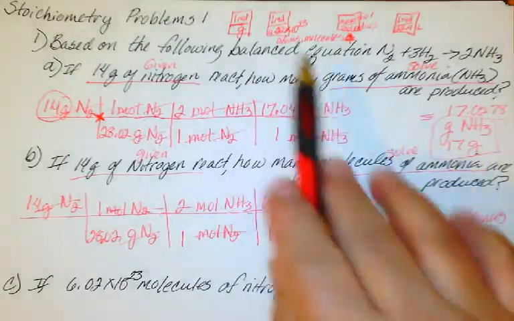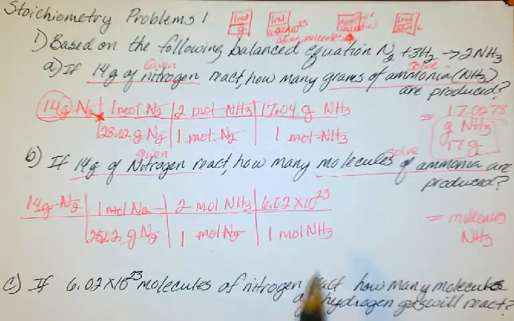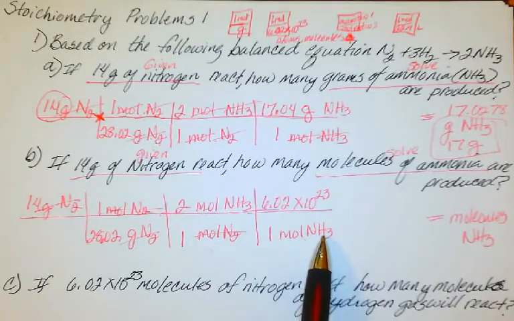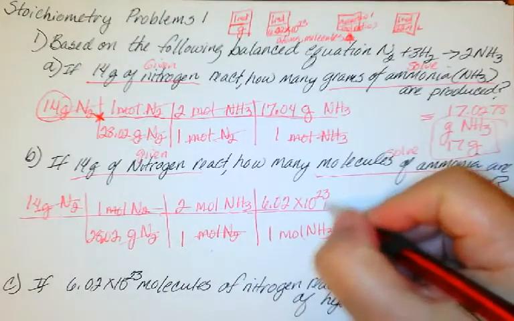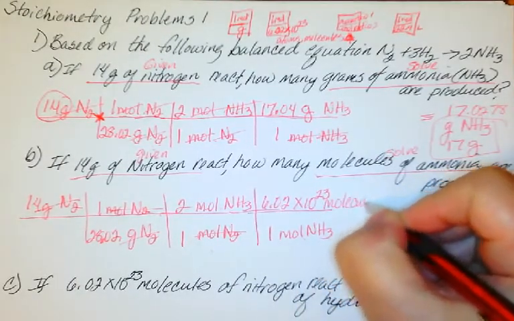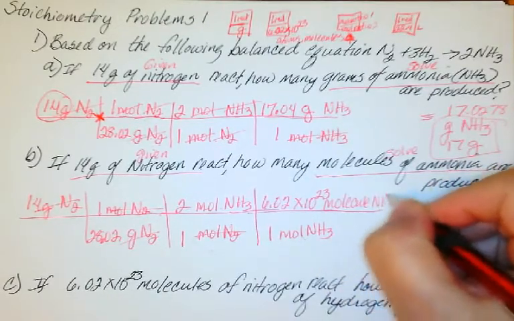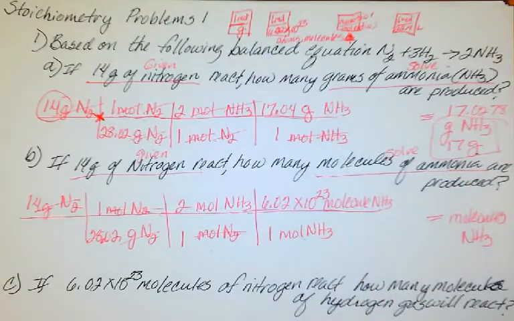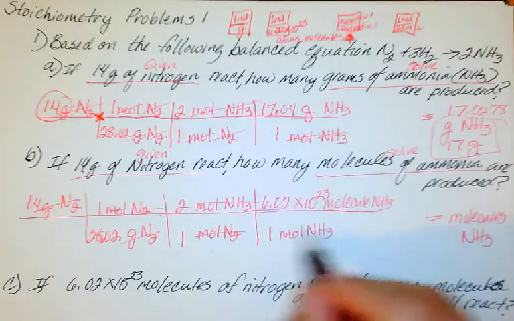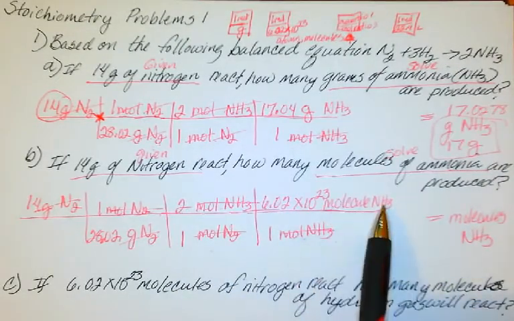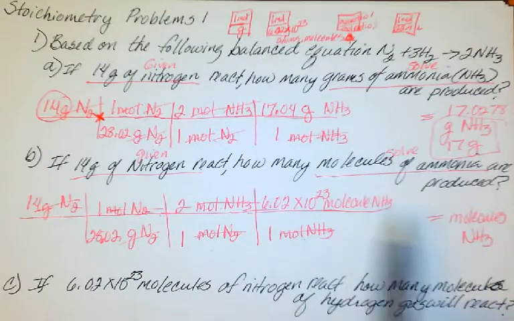Now, my question is, do I put atoms or do I put molecules? Well, what is NH3? Is it an atom or is it a molecule? Well, it's not just 1 atom, because there's actually nitrogen plus 3 hydrogen. So there's 4 atoms here total. So this is a molecule of NH3. All right, so now I can cross cancel moles of NH3. I'm left with molecules of NH3. That's what I was trying to solve for. When I do a check, I can see it matches, and so I'm done with the setup, which means I can now go back,